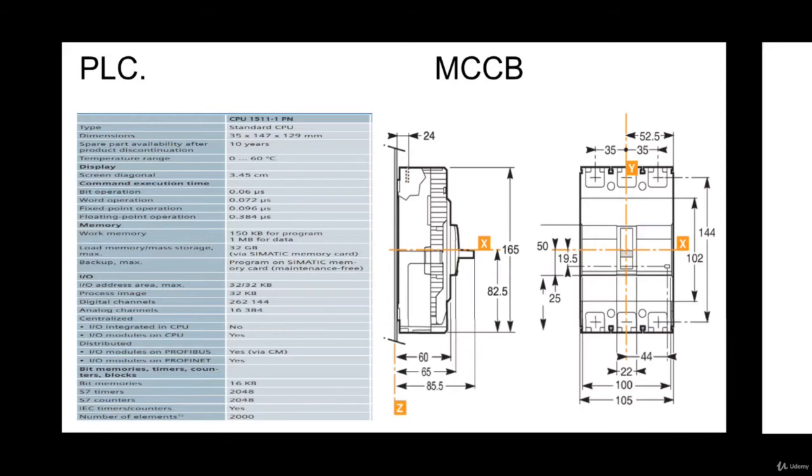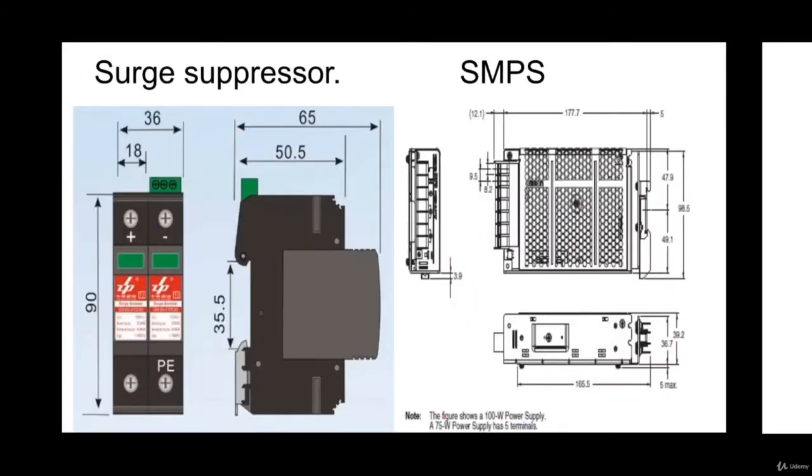As you can see, this is an MCCB, which is also a very important protection component. There are side view and front view. According to the views, they show what the dimensions of that component are, so we will get an idea of how this component is going to be in real. While designing in CATIA or CAD, you are going to make a spacing according to that, and you will get a brief idea of the spacing between two components.